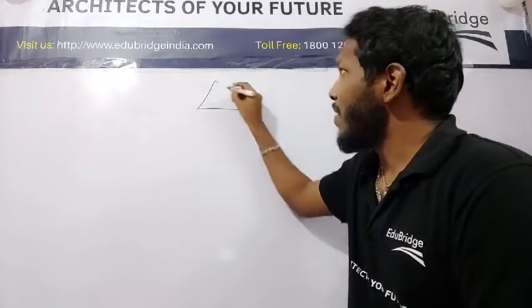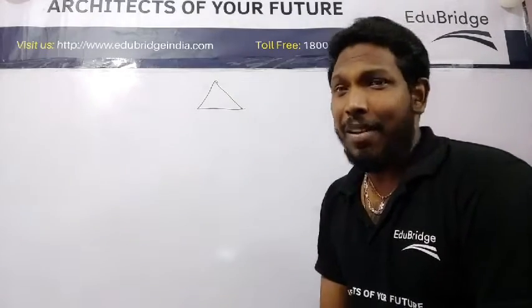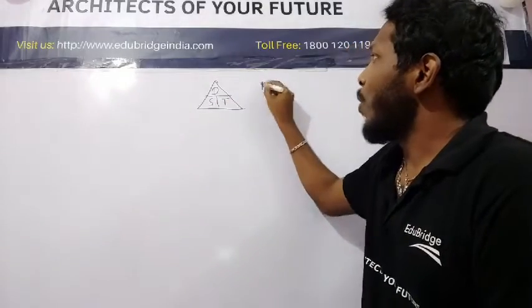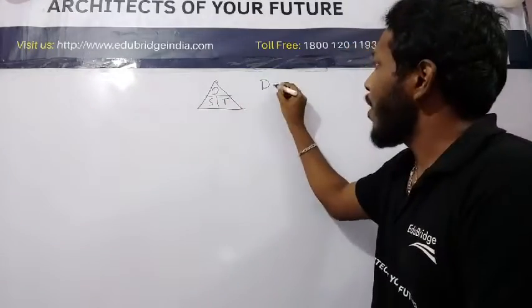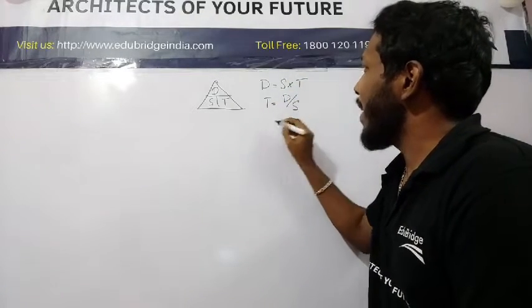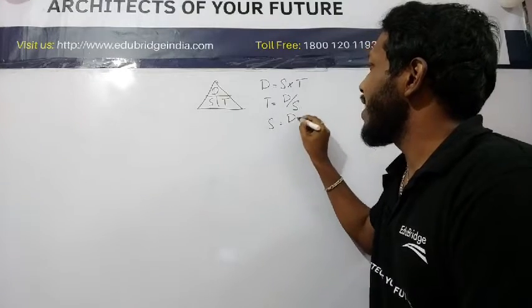So today's topic is average speed. Before we go into this topic, I hope everybody knows the formula which I told you in the previous video for time, speed, and distance. I told you using the magical triangle that distance is equal to speed into time, time is equal to distance by speed, and speed is equal to distance by time.